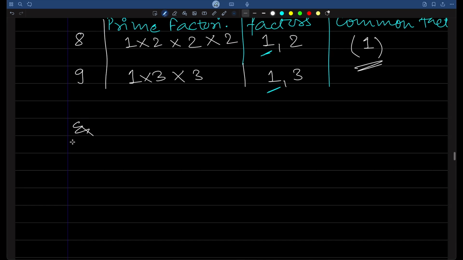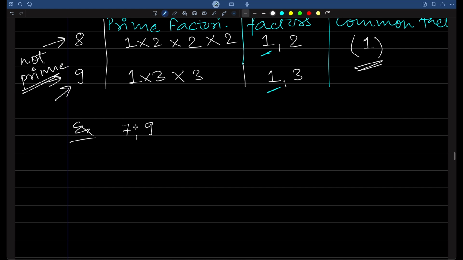If we see the example, these are not the prime numbers, but still they are relatively prime. So for co-prime numbers, it is not necessary to have both the numbers as prime number. If I take the example of prime and non-prime,